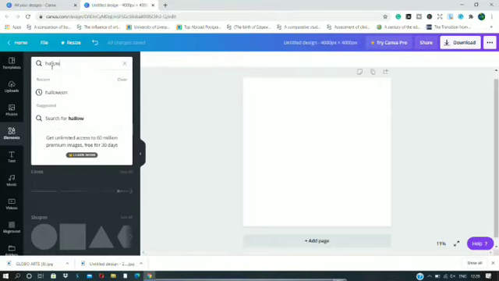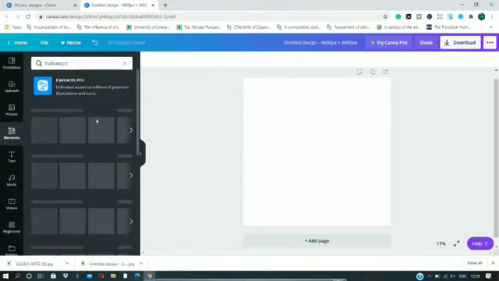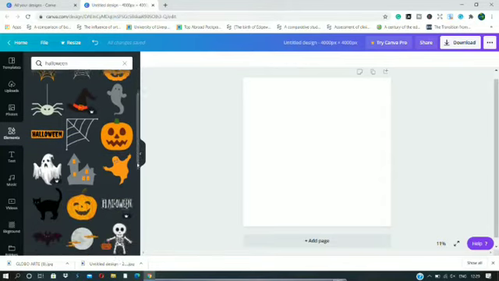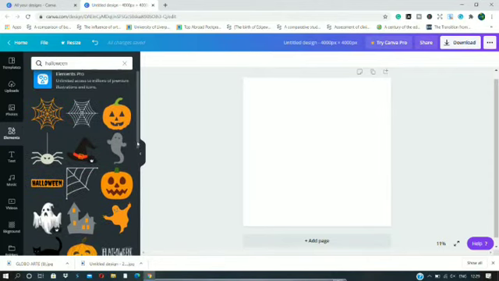So I'm going to just search over here Halloween. Okay, so there are various different designs. You can see some are free and some are in the pro version. You can go for Canva Pro if you want to have access to all the designs they have on their platform, but I'm going to go with the free one and pick a simple design. We are just making a simple design to show you guys how to make a design for stickers or for the t-shirt. That's not a repetitive design, that's just a single design. And in the previous one we showed how to make a repetitive design. There is a link of that video in the description box, so you can check that out as well.